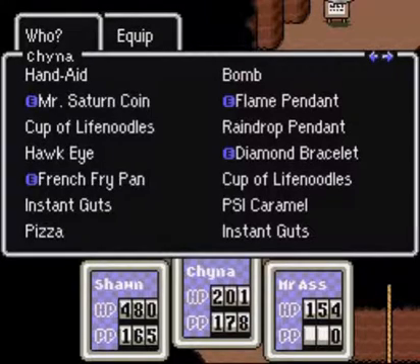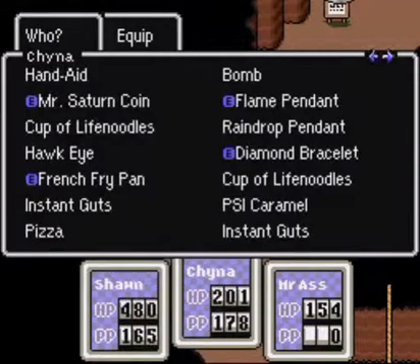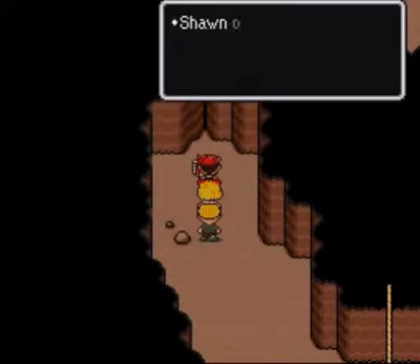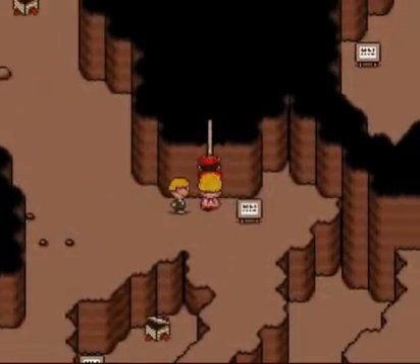Bomb. If I gave away the Hawkeye, I would have been fine. Kraken Soup, Stone of Enlightenment. I want a lot of this stuff. I'm gonna get rid of the bomb. And get the old PSI Caramel. Which with Magnet, I suppose, it's not...